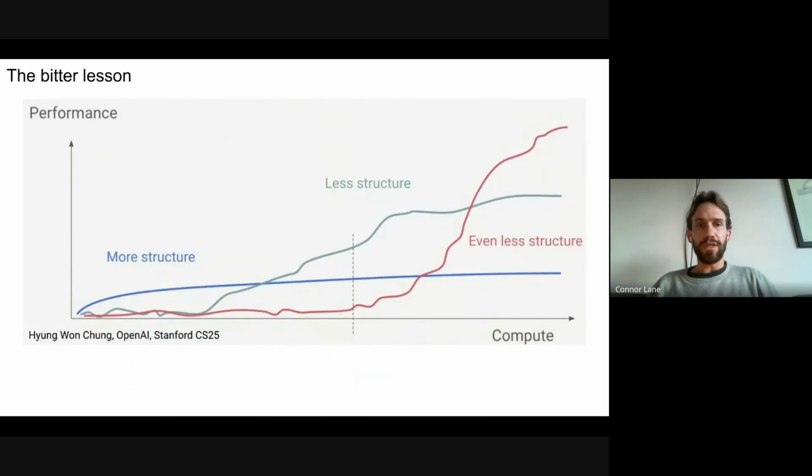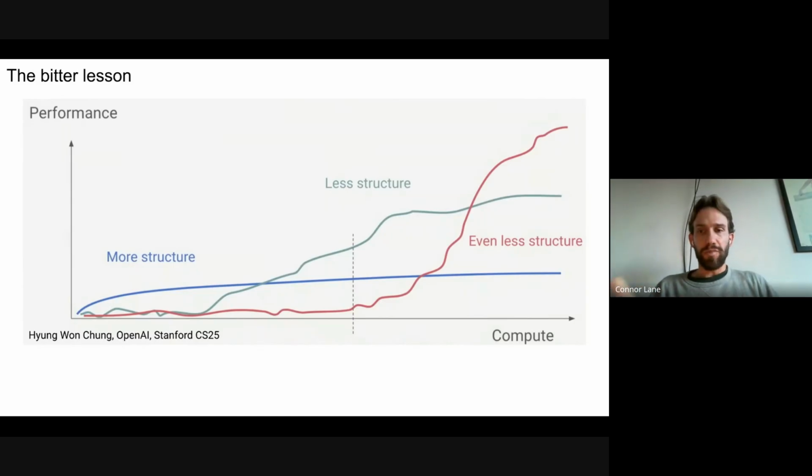So we can put these two classes of approaches in this space of more structured versus less structured approaches. And something we've all probably learned over the past however many years is this lesson called the bitter lesson from Richard Sutton. Basically it says that ultimately the approaches to AI and machine learning that win are those that take advantage of compute and data, whereas clever, cute and highly structured approaches that have nice ideas often don't win in the long run.